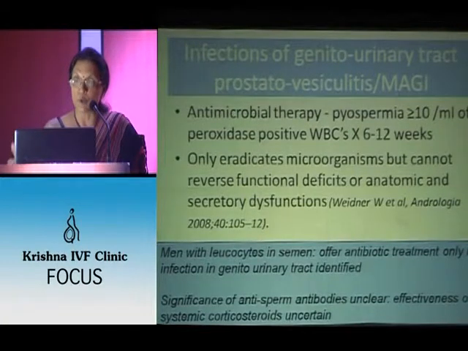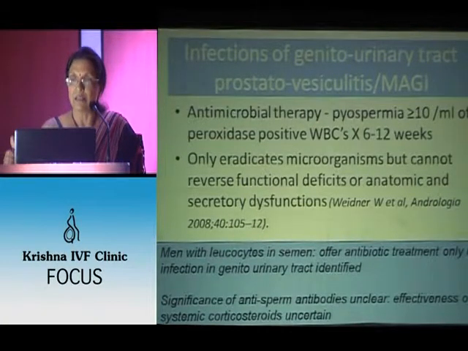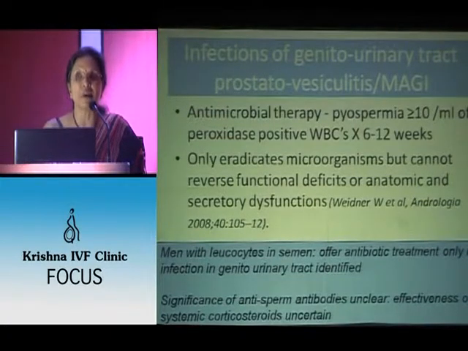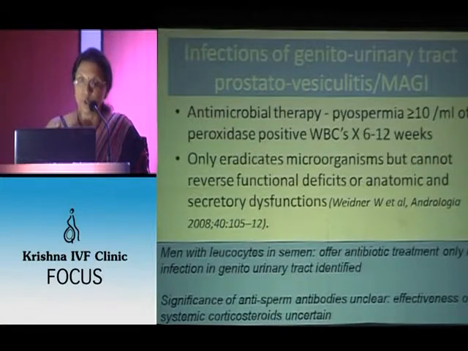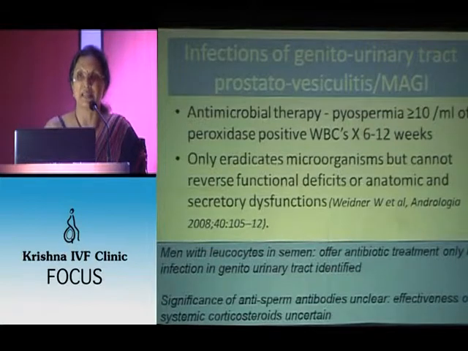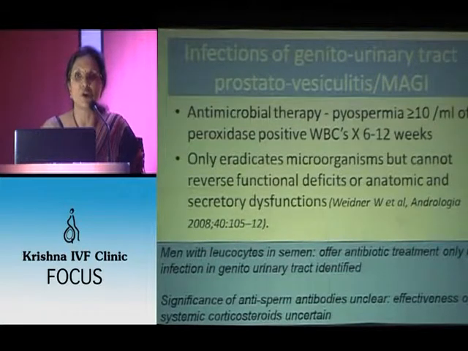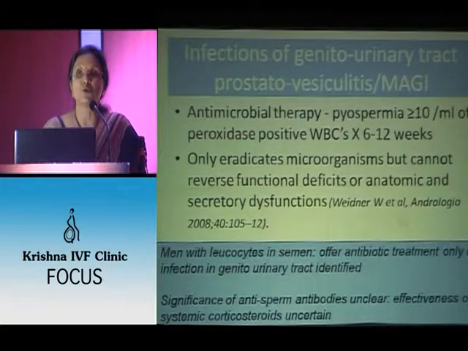If there is pyospermia of more than 10 cells per ml, we have to make sure that we have truly recognized pyospermia. Just 10 round cells which look like leukocytes has no meaning. We have to add a peroxidase staining to the semen analysis sample and make sure that only those which are peroxidase positive are leukocytes. The others are round immature sperm cells, and they do not constitute pyospermia. So once we have that,